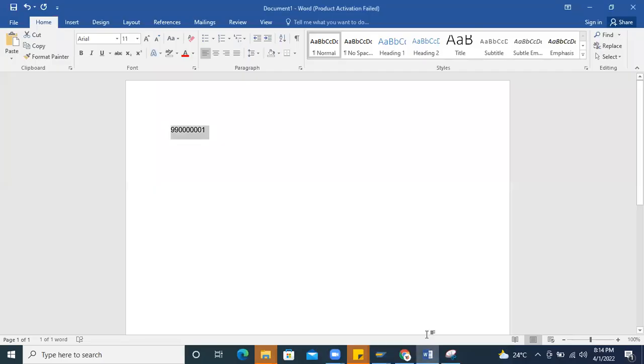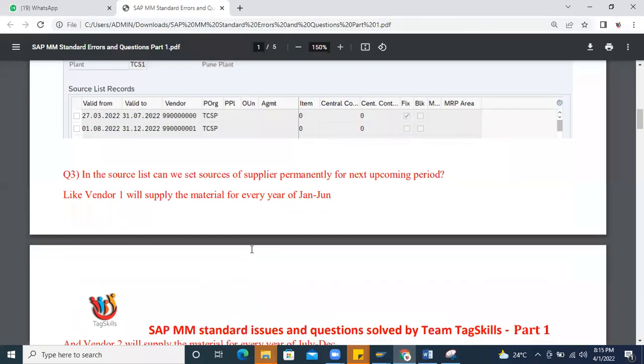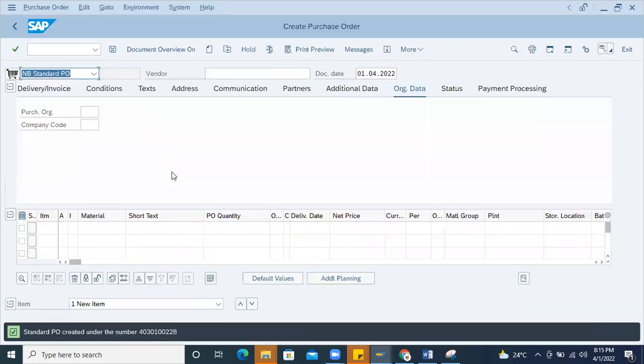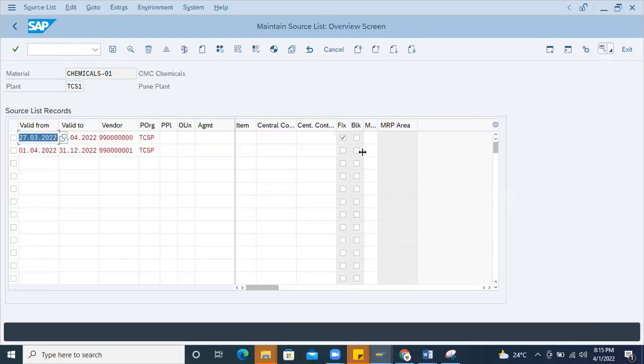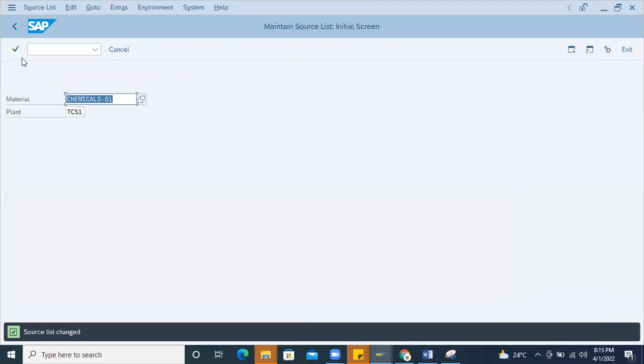Okay, then I'll go for the next question. In the source list, can we set... Okay, I'll block. I forgot to add this one. I'll go to ME01 and I'll do the blocking now. Sorry, this particular vendor with this validity. Now I'm blocking it and saving this, and I'll go back to ME21